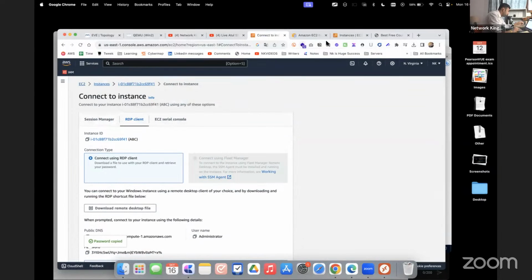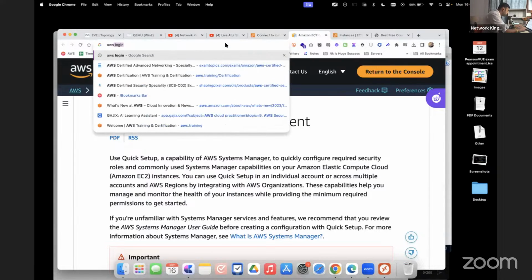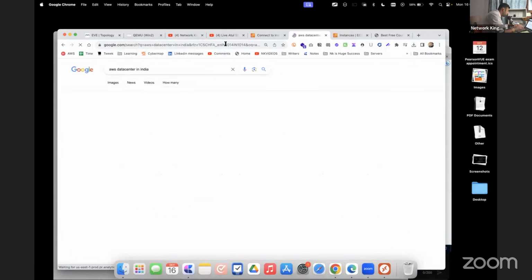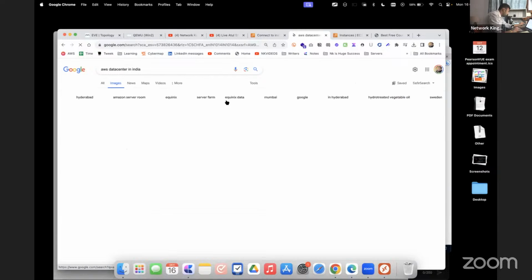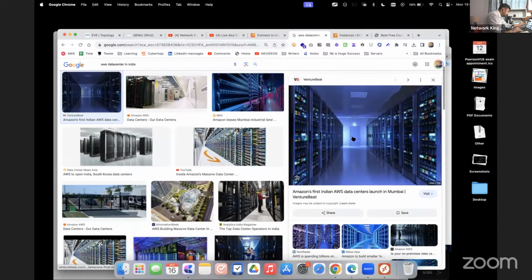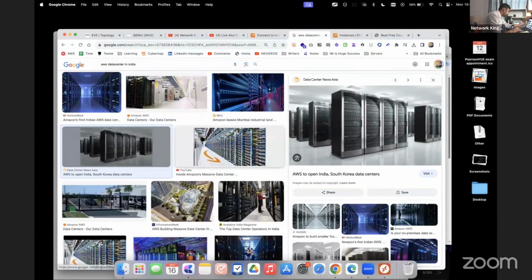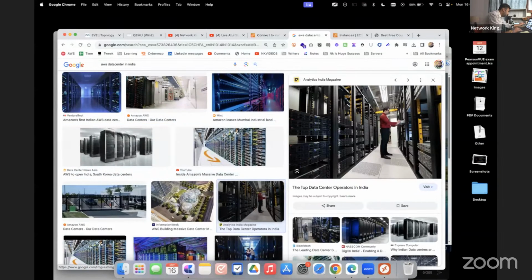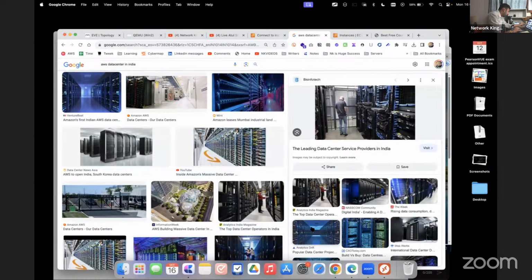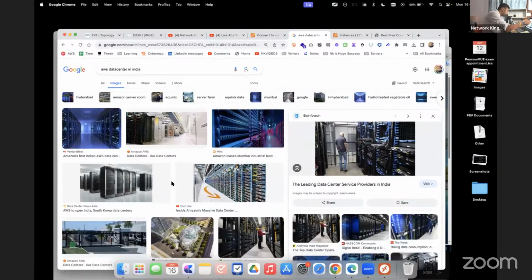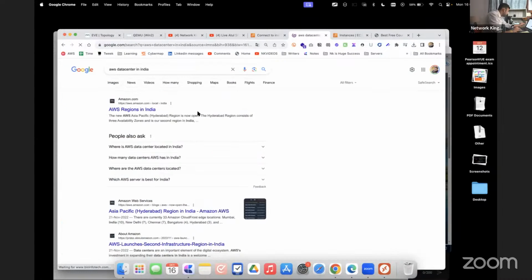So already AWS has big data centers. So what is data centers? Where lot of servers are there in the world. Okay, so you can see. तो ये सब क्या होते हैं? So all these are called data centers, where we put a lot of servers, routers, switches, and all. And lot of engineers are required in the data centers also. Okay, like CCNP Enterprise, what we are learning right now. After CCNP Enterprise, you can learn about CCNP Data Center, which is little different than CCNP Enterprise. But yes,